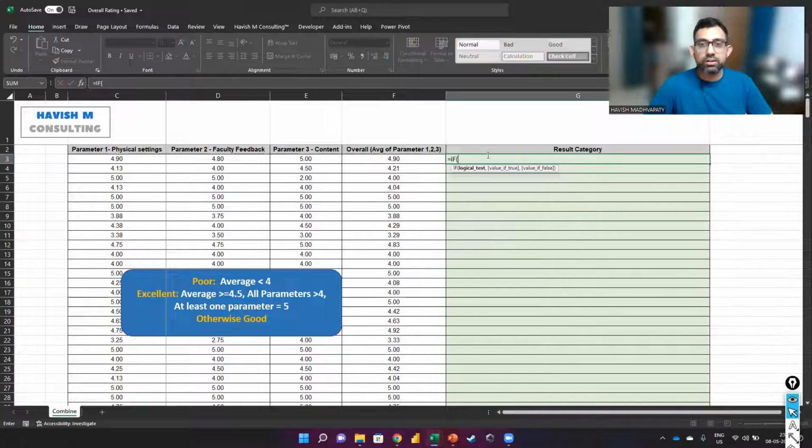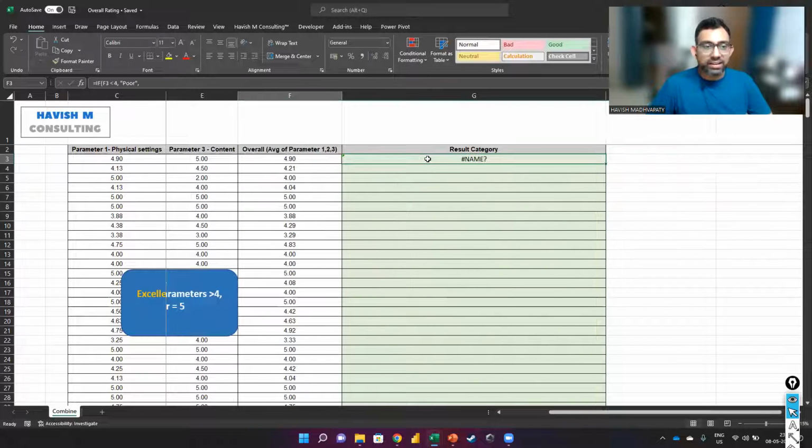So the first thing we do is to put in an if. And since there are multiple things that we will be checking, we have to use an and. The first thing we check is whether the average is less than 4. And that's the easiest way to eliminate one of the results, because if it is less than 4, then obviously the result is poor. As a matter of fact, this one would not require an and, but we do require an and in the next one,